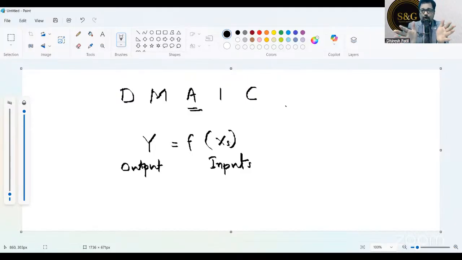Let's say downtime of the machine. Downtime of the machine is the output, and there are multiple factors which are the X's. Same thing with a quality complaint or a defect: that's the output, contributed by multiple inputs. Now, in our define and measure phase, understand this: it basically takes care of the output. We define what the problem in the output is, and we measure the data of the output. This is a very important insight I'm sharing with you.